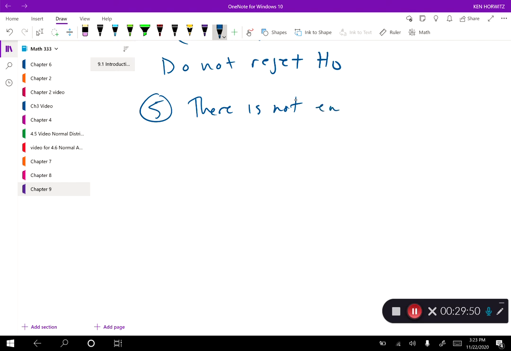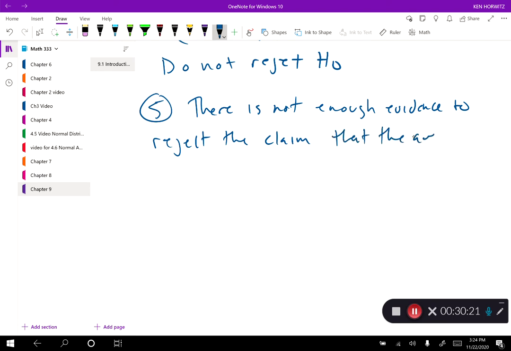If we do not reject the null, we can say in our summary, there is not enough evidence to reject the claim. Remember, our claim was our null hypothesis. So if we do not reject the null, there's not enough evidence to reject the claim that the average wind speed is 8